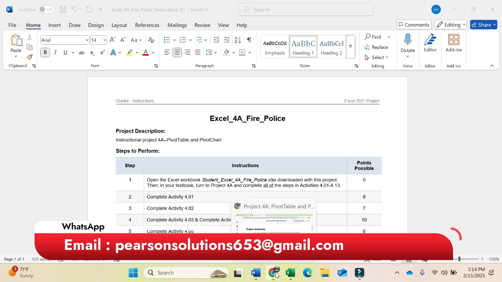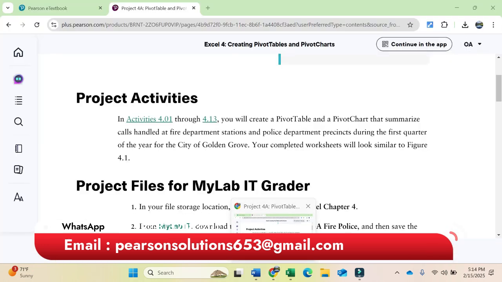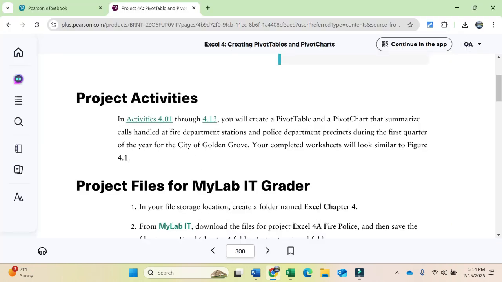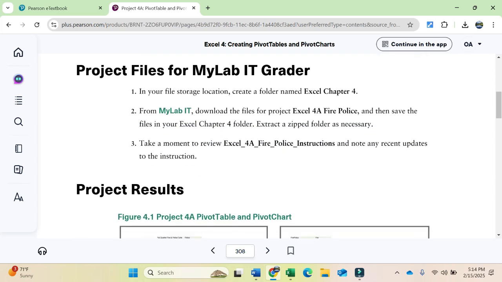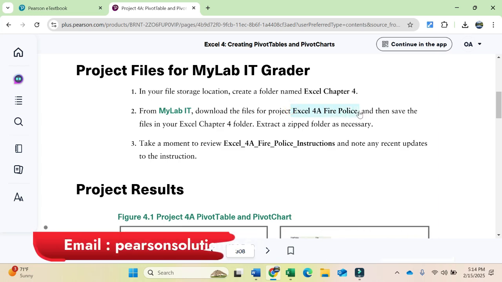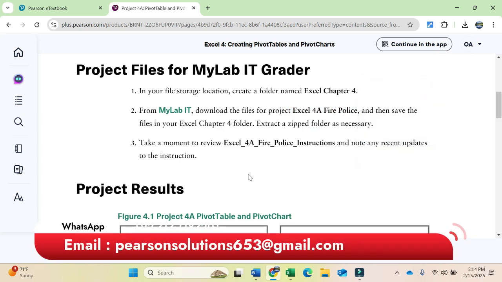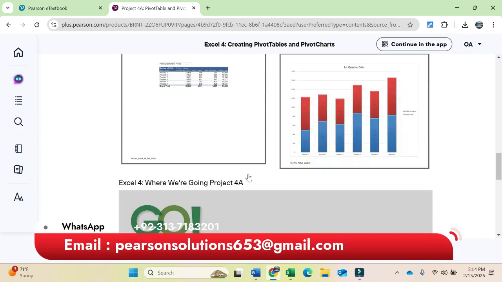We have to go to activity number 4.01. This is page number 308 and it says that this project will cover the activities from 4.01 through 4.13. So this is our chapter that we need to do. This is the name of the project, Excel 4A Police. Okay, we need to go down,